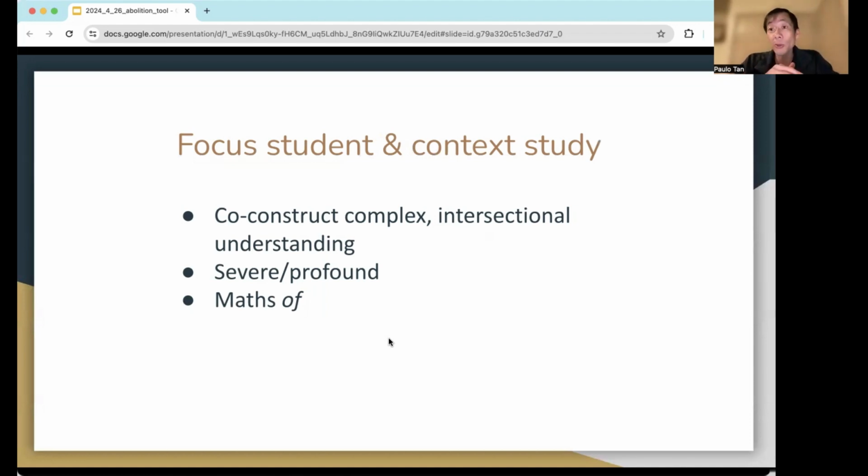And so those are things that absolutely can be included in the focused student study. However, I ask prospective teachers to go much beyond that, and to think about a complex intersection of understanding and the mathematics of. Okay, so this idea of epistemology is coming through here, the math of,